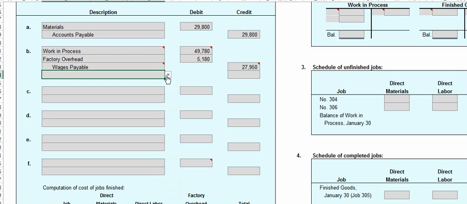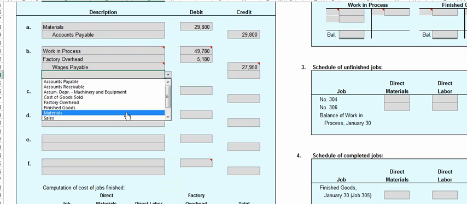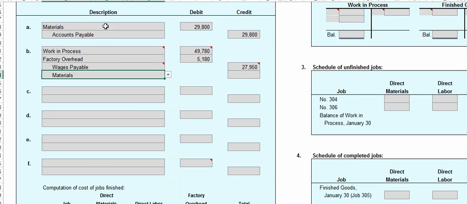And then we're going to credit materials, which were moved out of our raw materials inventory account and into either work in process or factory overhead. If they were direct materials, they become a part of work in process. That's materials used on specific jobs. If they were indirect materials, they become a part of factory overhead. But either way, they were moved out of the materials warehouse and into the production facility itself. Here we'll credit the materials account for everything in the materials column. So that's